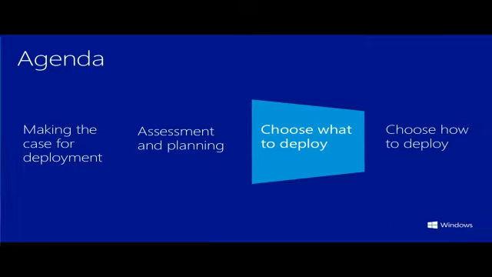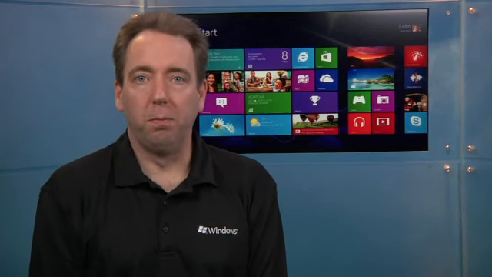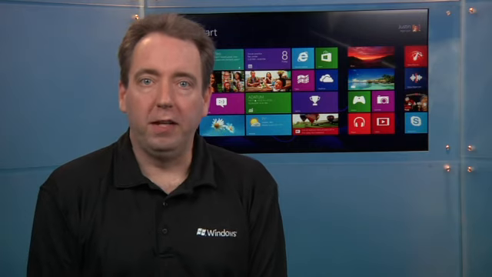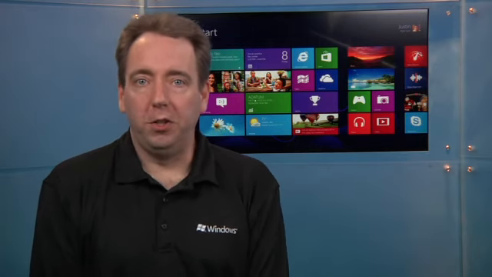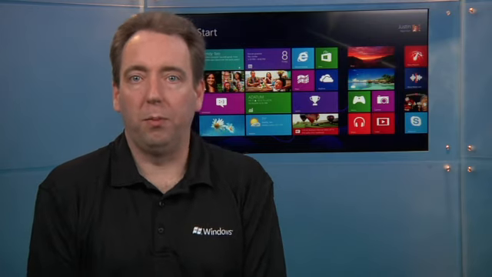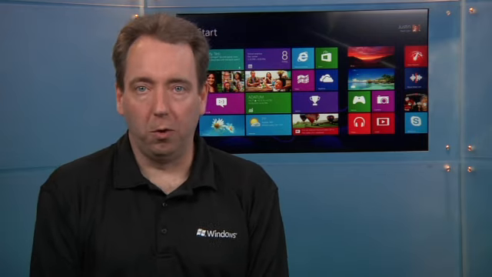Next, we need to discuss what Windows Edition a customer should deploy, since this has a great impact on how that deployment can be done. It's important to understand that there are 3 different ways to purchase Windows. Through the OEM channel, you can purchase Windows RT or Windows Pro, preloaded at the factory. Through retailers, you can purchase Windows 8 Pro, which can be customized and deployed with a different product key for each machine. Or you can purchase Windows 8 Pro or Windows 8 Enterprise through a volume license program, which provides